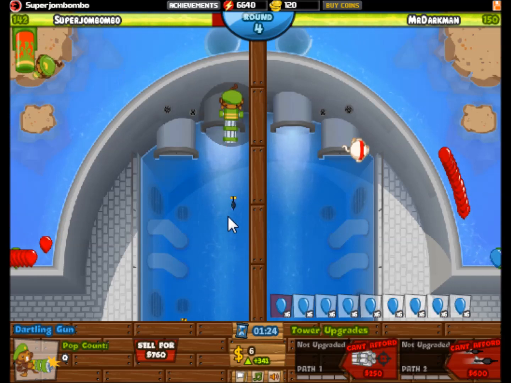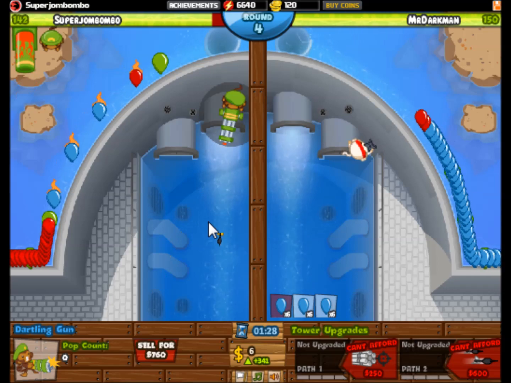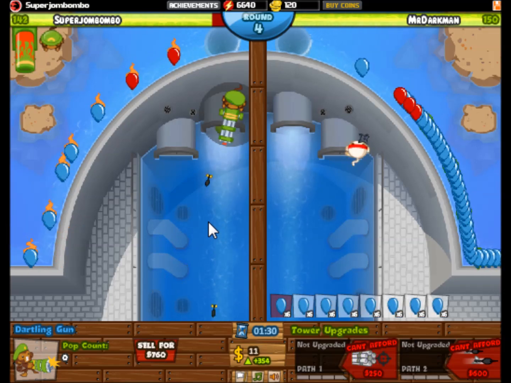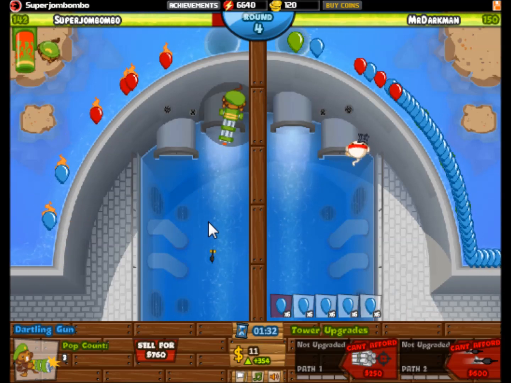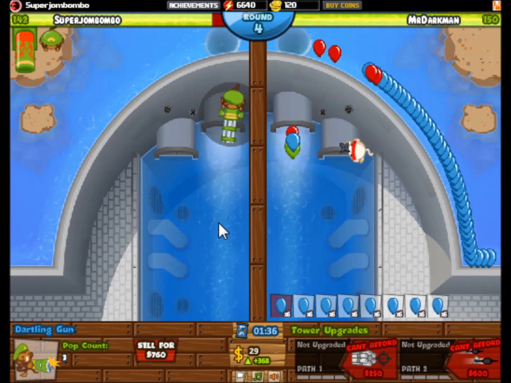Honestly, the ninja's biggest weakness is group balloons, but as you guys probably know, ninjas have been buffed pretty recently, and they're still pretty darn good. And that means that, oh man, I should be moving my Dartling gun over a little bit here. Yeah,